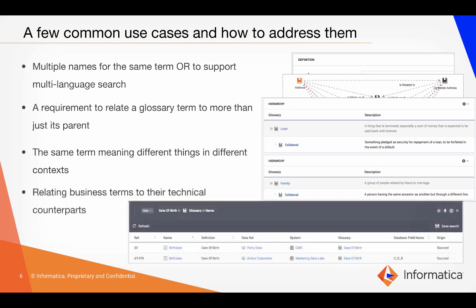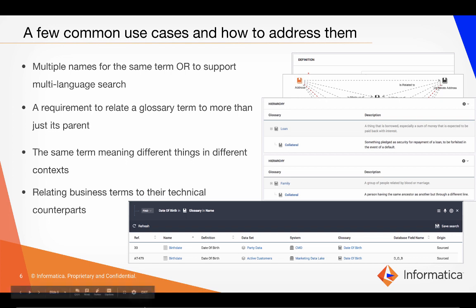Relating business terms to their technical counterparts. Finally, there's an example here. When you're defining things in Axon, like date of birth, you want to call it date of birth or birth date. That's a good glossary term, as we can see here. But the attribute name may be slightly different, slightly more specific to a field, and the database field name could be something really very technical. In this case, it's still understandable,